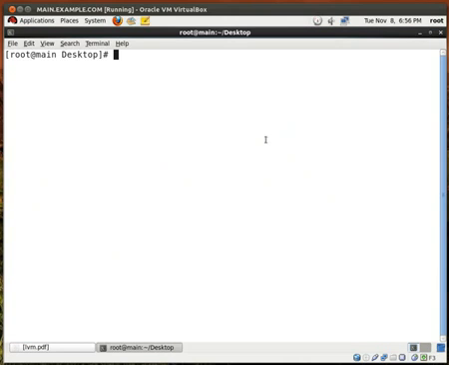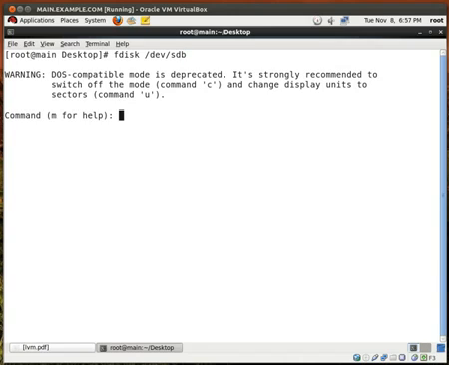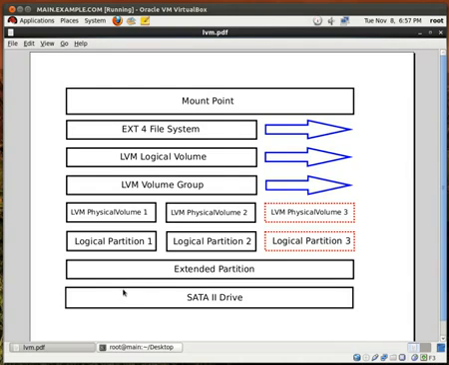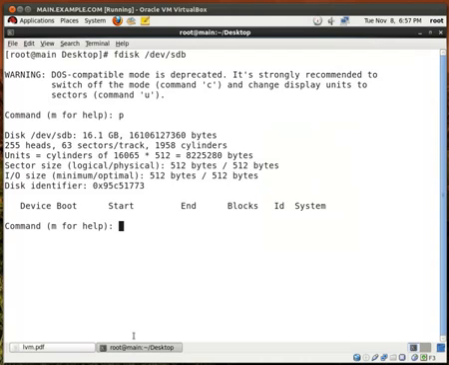The first thing that we want to do is access the second hard drive that was installed. So it's fdisk /dev/sdb. Now sda represents my first primary hard drive, which has my operating system on it, so we're going to access sdb. We type p, and we'll see right here that the hard drive is around 16 gigs in size, and it has 1,958 cylinders. So what we want to do first is create the extended partition, and to do that we